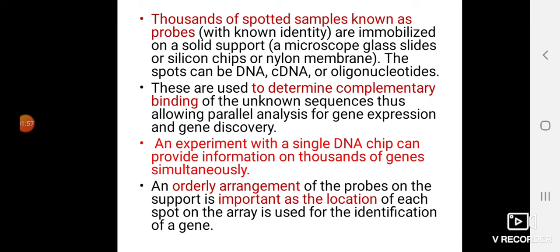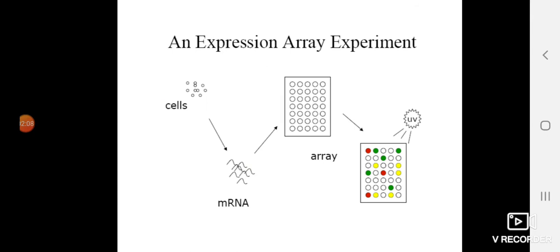So here mainly the binding happens based on complementarity, and an experiment with a single chip can provide information on thousands of genes simultaneously. So you can see the cell, we take mRNA and there will be an array chip. On the array chip the mRNAs are going to be added, and it will be incubated for some time, so that after incubation they wash off all the unbound mRNAs and then subject it to analysis by fluorescence, if it is fluorescent labeled. If it is by UV radiation, here they appear in different colors, based on the similarity and binding